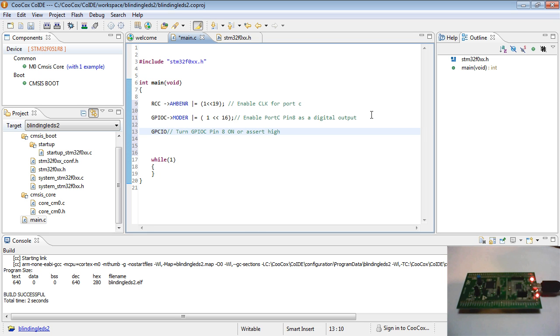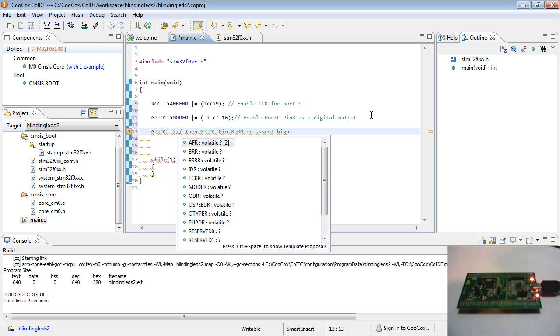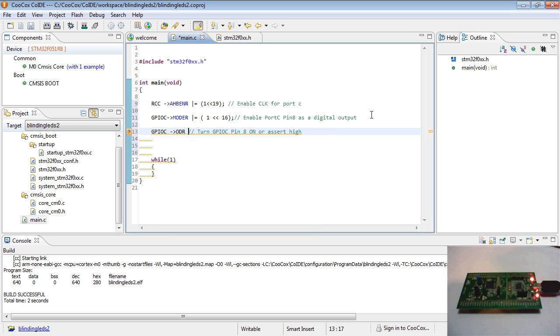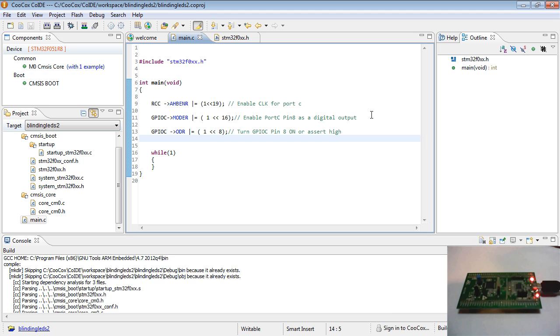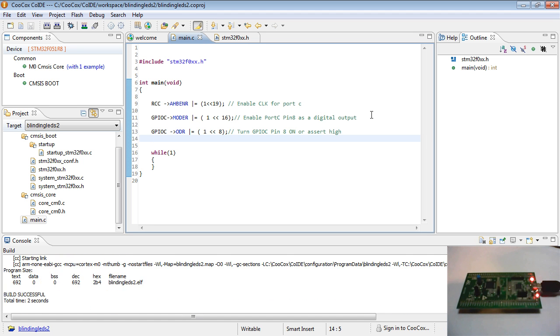So to do that, I write to a register, GPIO C output data register, I believe, and it is the 8th pin on the port, so it is simply the 8th bit in this register. So if all goes well at this point, I should be able to turn on the LED. So I'm going to hit F7 to compile, and then